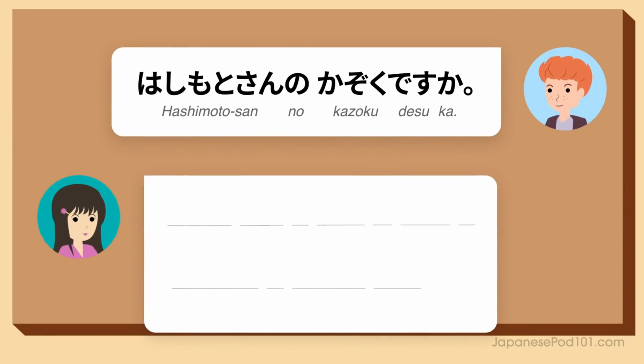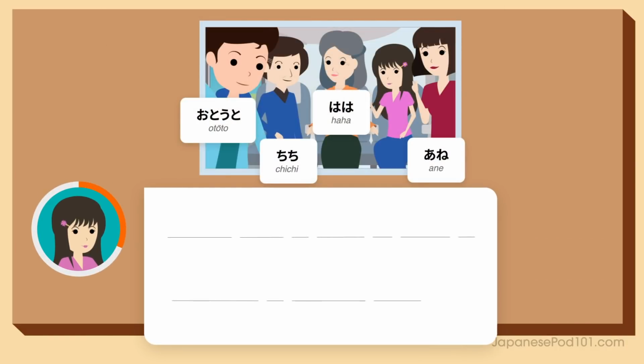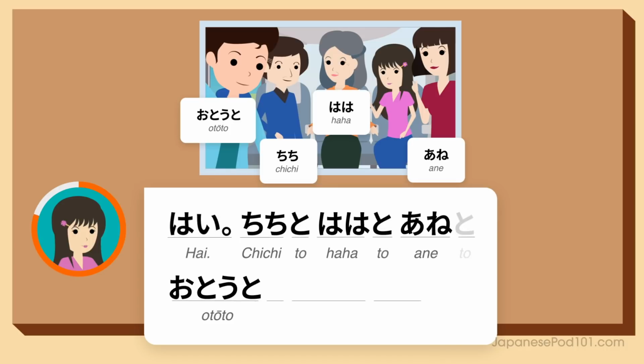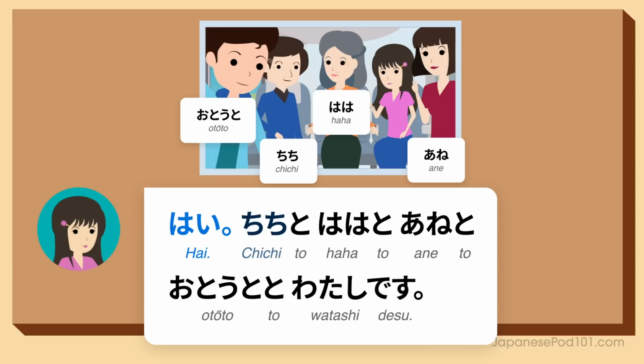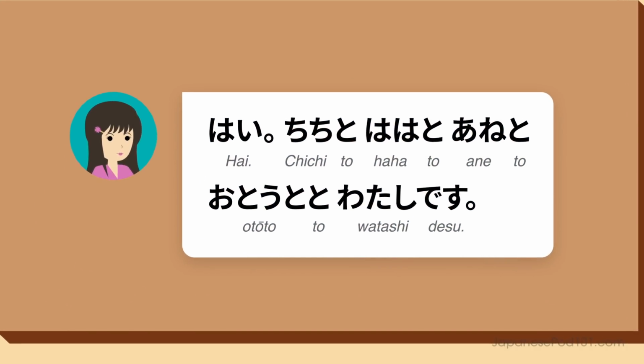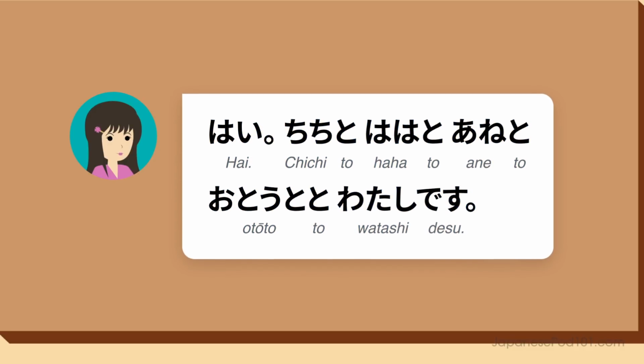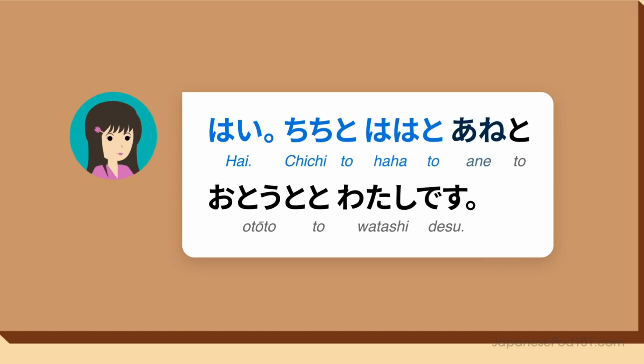Ready? 橋本さんの家族ですか？ はい、父と母と姉と弟と私です。 Listen again and repeat. はい、父と母と姉と弟と私です。